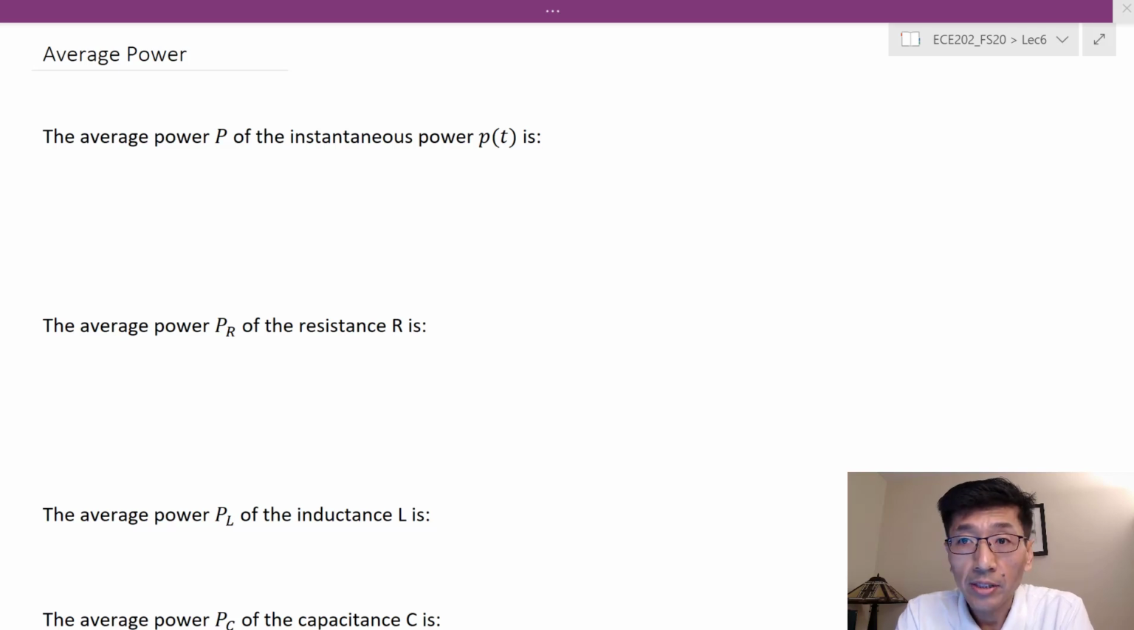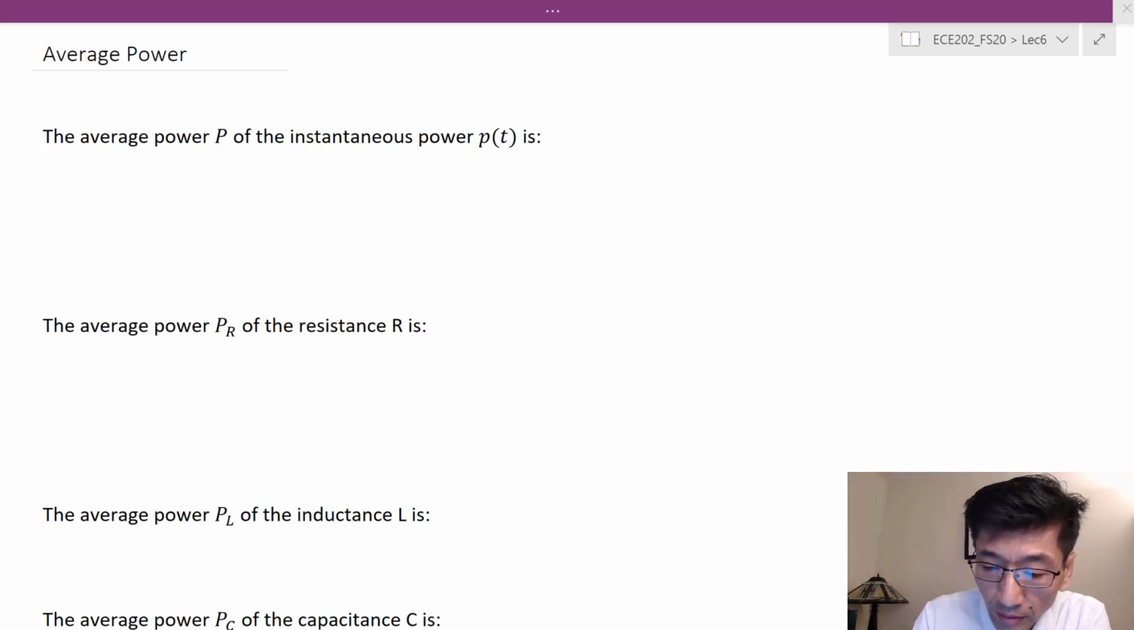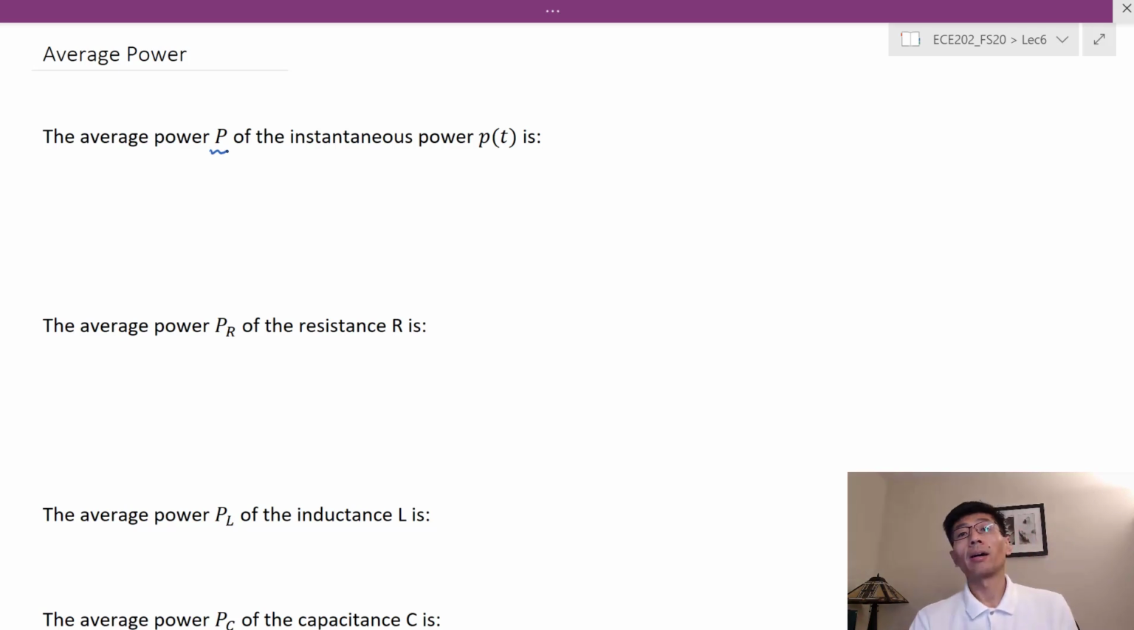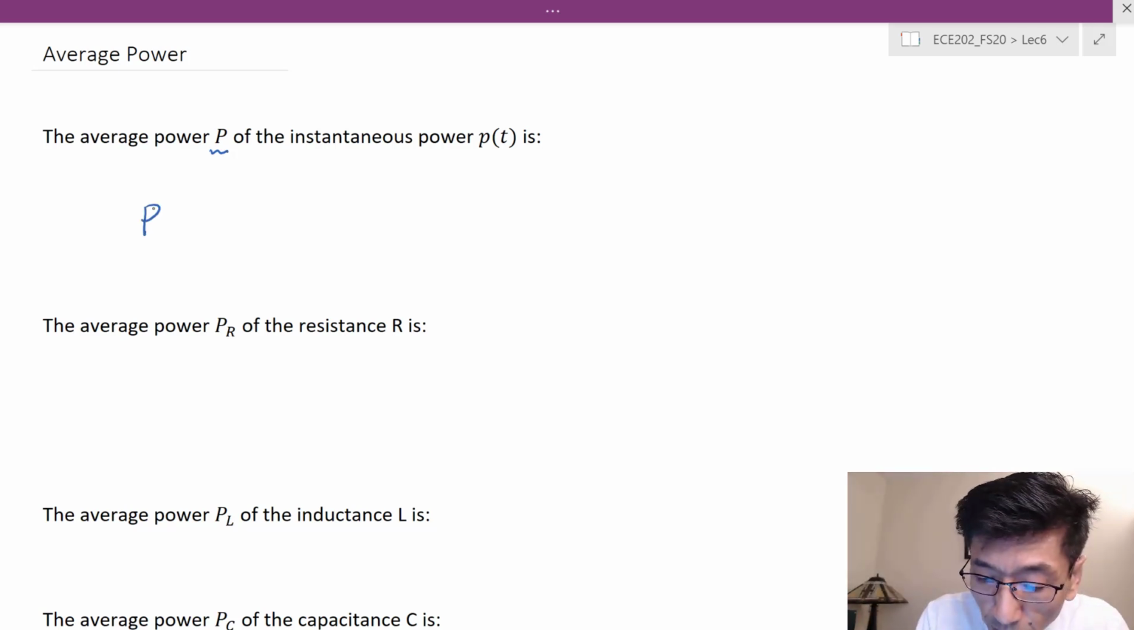Hey, let's look at the average power. For AC signals, most of the time we are more interested in the average power rather than the instantaneous power. Let's look at how the average power is defined. Let's use capital P to denote the average power, and it is related to the instantaneous power by this integration. If we integrate the instantaneous power over time,